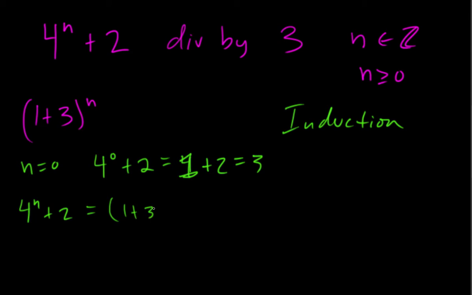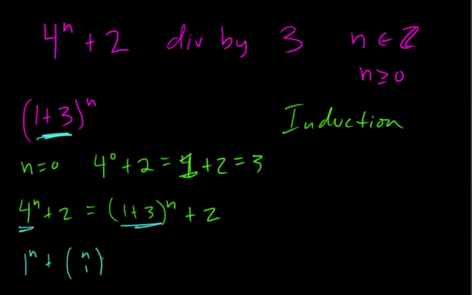Now, if we look at 4 to the n plus 2, which is equal to (1 plus 3) to the n plus 2, because this is really just 4 to the n. Okay. If we use the binomial theorem, which I'm not going to go through in detail again, you can watch the video on that one. But we're going to get 1 to the n